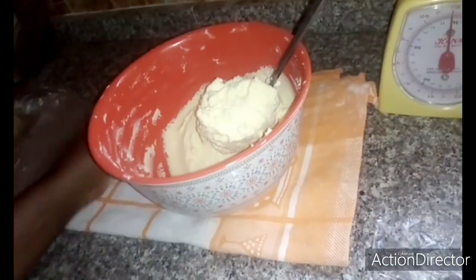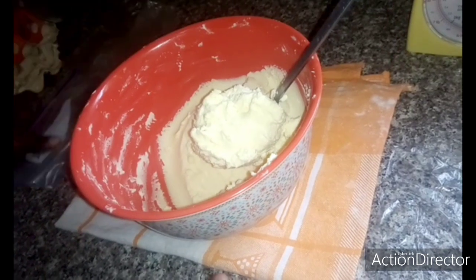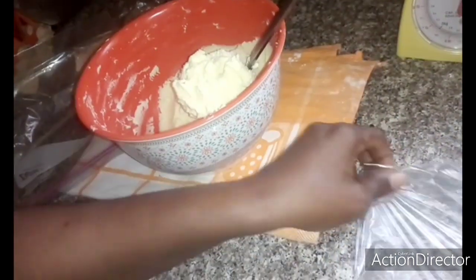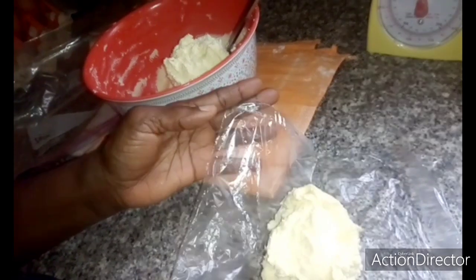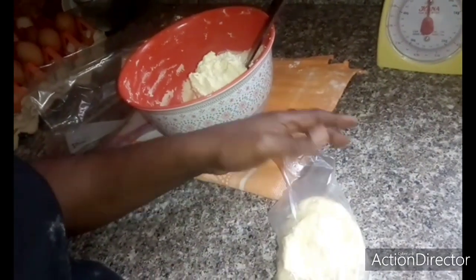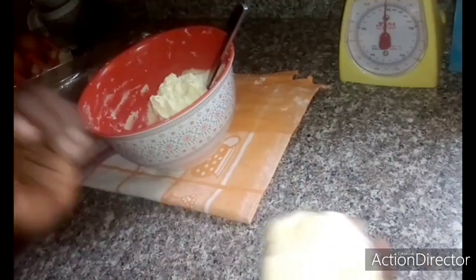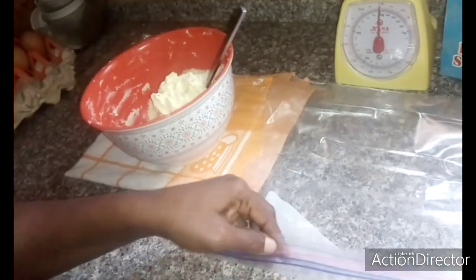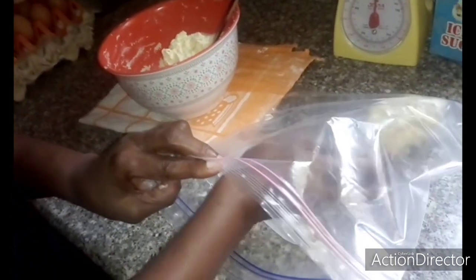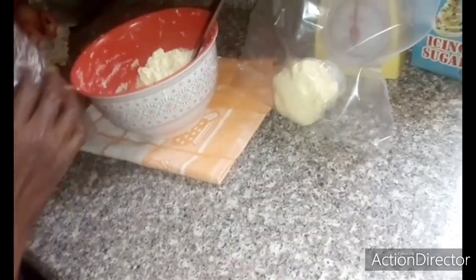So you can preserve, how you can preserve your icing or cream, icing cream or buttercream. You preserve it, take a cellophane bag, open it like this, as you can see. And package it. Take a Ziploc bag, then put it inside. Take another one,